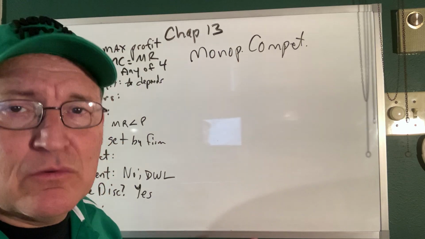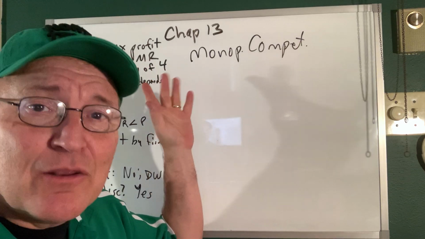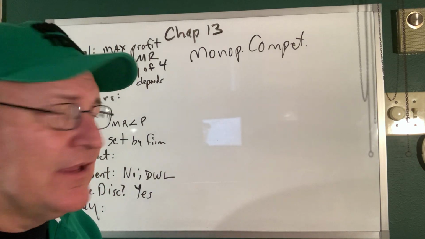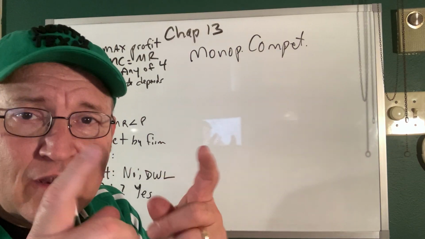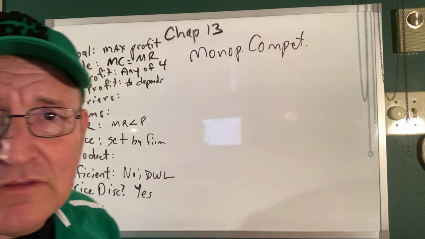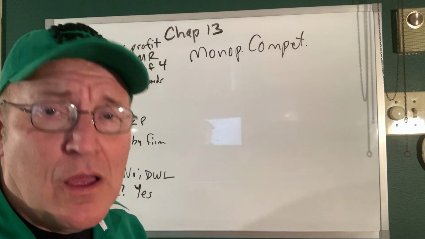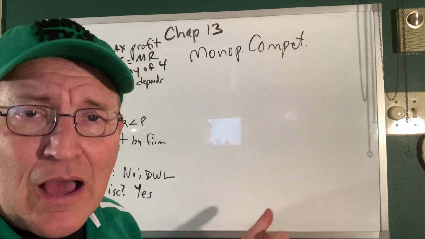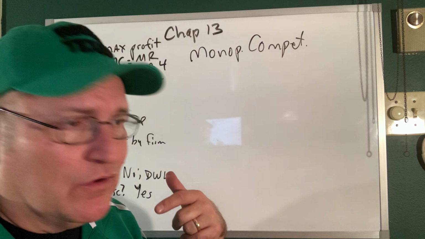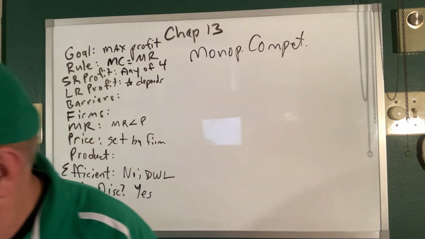So just like in all the other market structures, what's the goal of the firm? It's to maximize profit, okay? And what tells a firm how to maximize the profit? It's looking at where your marginal cost and your marginal revenue intersect, and that's going to define both the price and the quantity that are agreed to by the buyer and the seller. Okay, in the short run, a firm in a monopolistically competitive market structure, and oh, by the way, it's the most popular market structure. Most firms operate in a monopolistically competitive market structure, okay? And in the short run, on any given day, may find themselves earning economic profit or economic loss, or zero economic profit, etc., okay? In the long run, though,